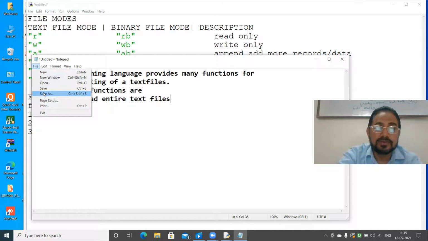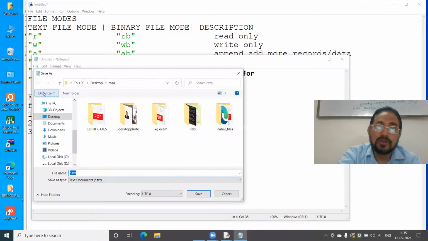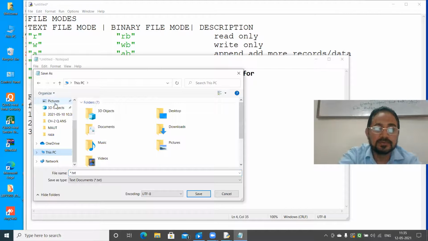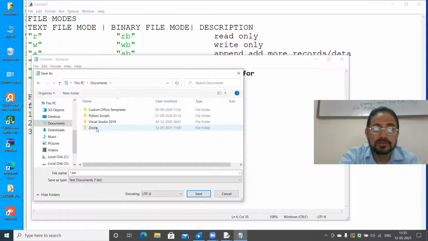File, save as. You want to save, then you can save directly to your path. That is, you have to find out the path otherwise: This PC, documents, Python script.